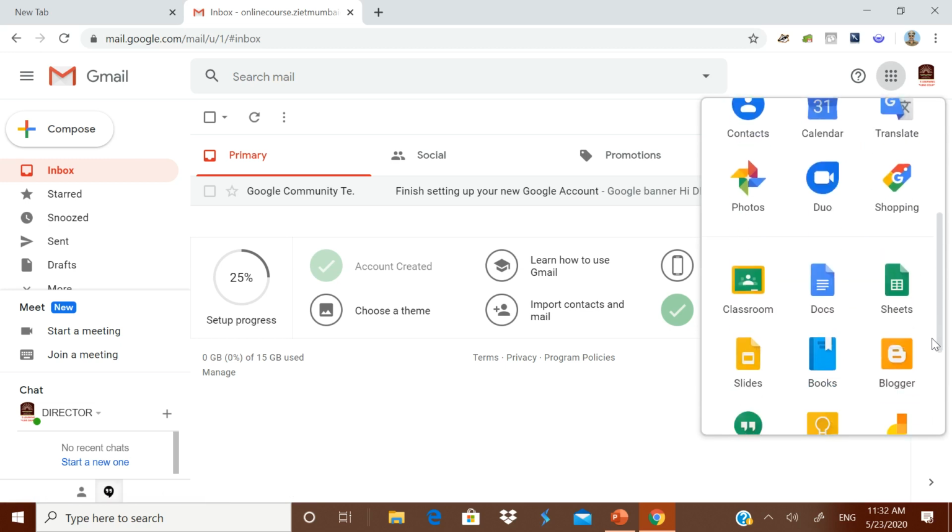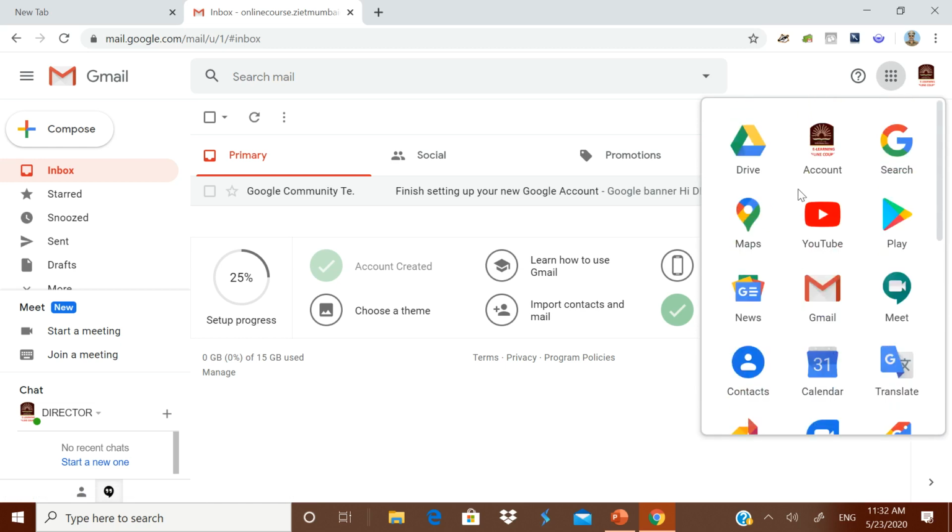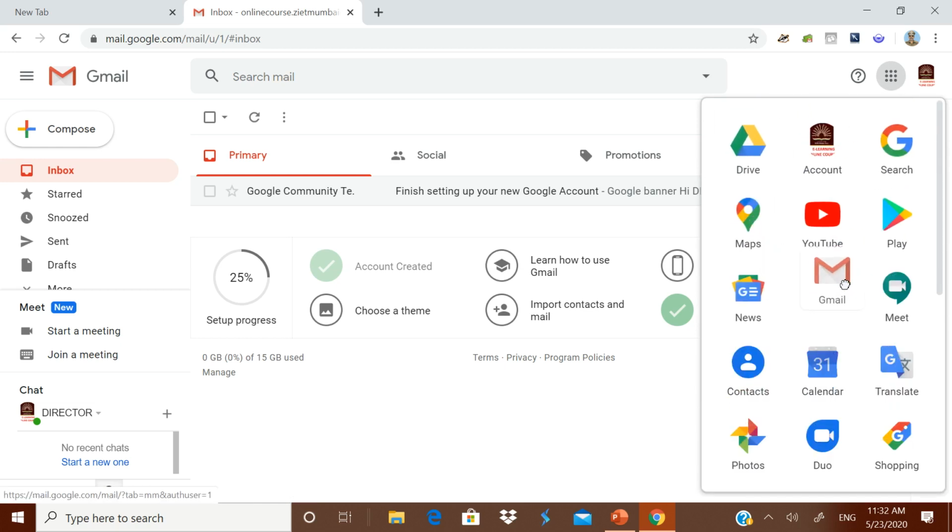Google apps are actually there are plenty. We will be making use of one or two in our course. This drive is there. Suppose if the drive is at the bottom, you can drag it and then put it over anywhere you want. Okay, I'm just opening the drive. Google Drive has opened.